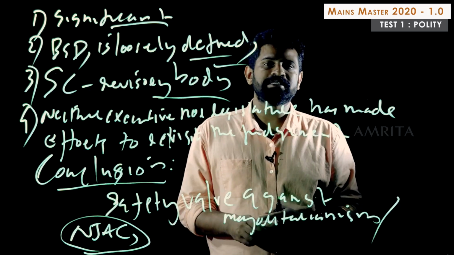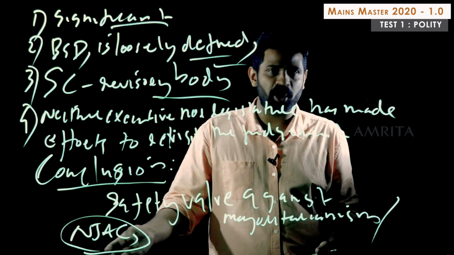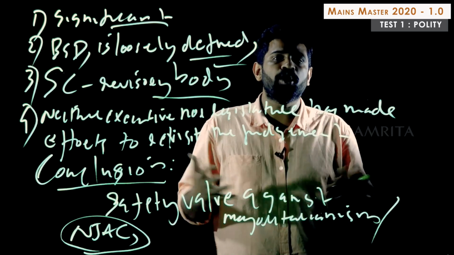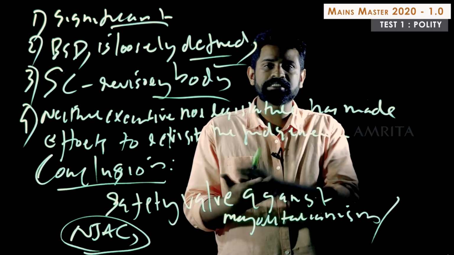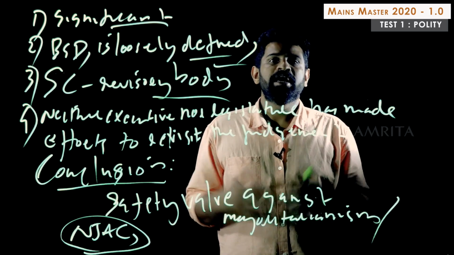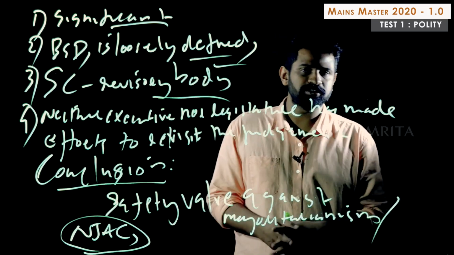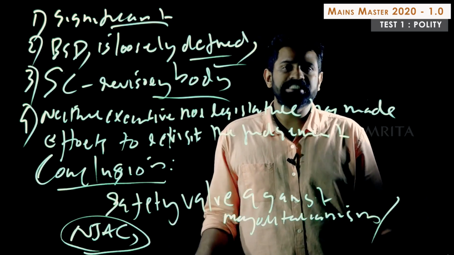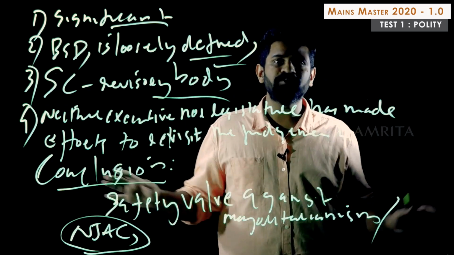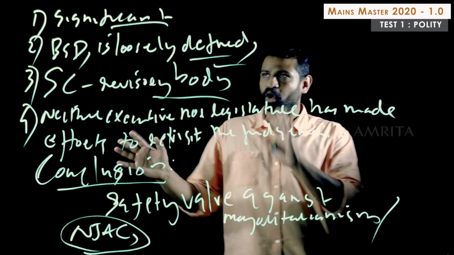Or in other words, you can say that the issue of NJAC has to be seen as an exception. It should not be taken as a norm. In the NJAC case, the Supreme Court rendered it unconstitutional largely owing to distrust in the legislature-executive complex when it comes to judicial appointment, rather than an attempt by the judiciary to stall the evolution of the Constitution to reflect the changing times. Okay, so that is more likely to explain the particular example of NJAC. But otherwise, largely speaking, basic structure doctrine has been a success story. Okay, so that is the overall thing you can give.